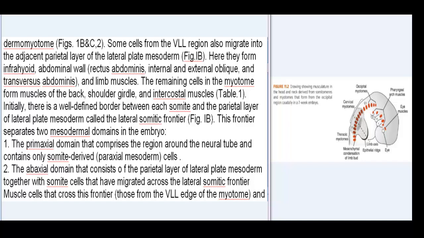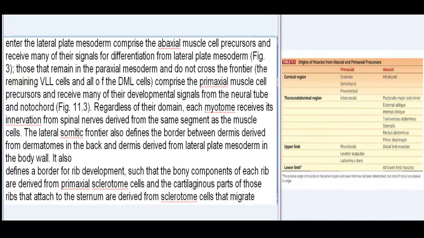Fig. 1B. This frontier separates 2 mesodermal domains in the embryo: one, the paraxial domain, that comprises the region around the neural tube and contains only somite-derived paraxial mesoderm cells; two, the abaxial domain, that consists of the parietal layer of lateral plate mesoderm together with somite cells that have migrated across the lateral somitic frontier. Muscle cells that cross this frontier, those from the VLL edge of the myotome, and enter the lateral plate mesoderm comprise the abaxial muscle cell precursors and receive many of their signals for differentiation from lateral plate mesoderm, Fig. 11.3,